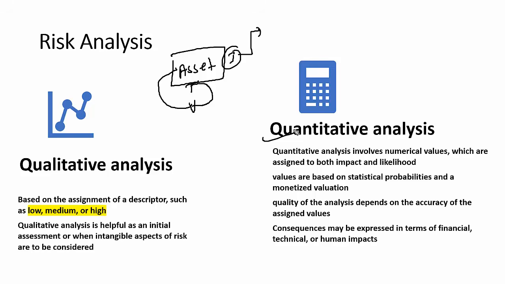But where numbers are involved, calculations are there, it takes time, but it is more accurate. That is called a quantitative analysis. So qualitative is high level, fast. Quantitative is basically slow. Qualitative is more like a hypothetical scenario, whereas quantitative is most accurate. When you have historical data, it is easy for us to perform the quantitative analysis.